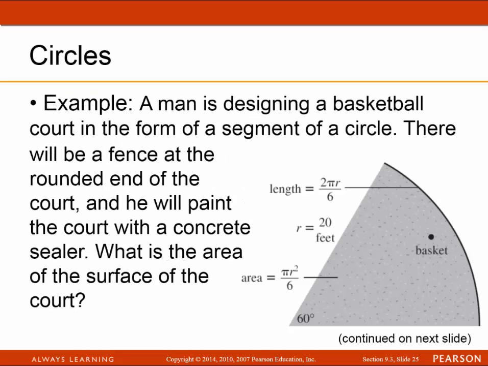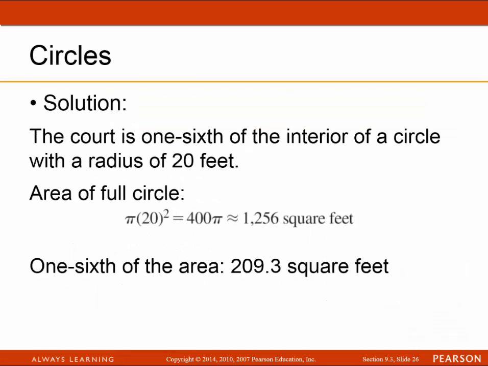Now, here goes. A man is designing a basketball court in the form of a segment of a circle. There will be a fence at the rounded end, and he will paint the court with a concrete sealer. What is the area of the surface of the court? So now we're looking for the area of the surface of the court, all the gray area. So again, the court is 1/6 of the interior of a circle with a radius of 20 feet. The area of the full circle is pi r squared, 400 pi, and that's approximately 1,256 square feet. 1/6 of that is